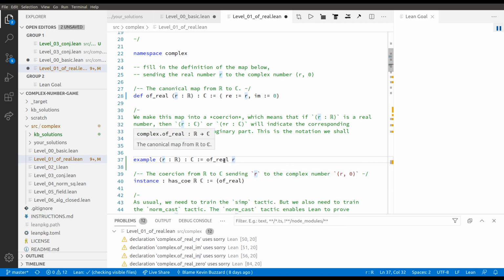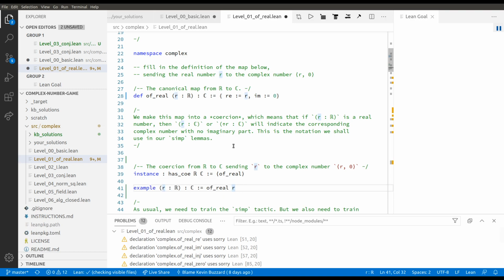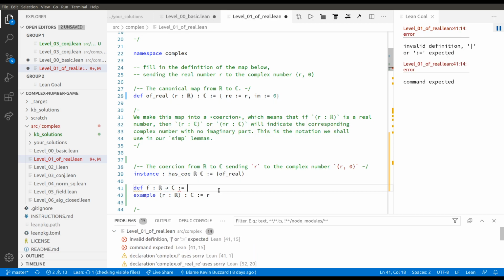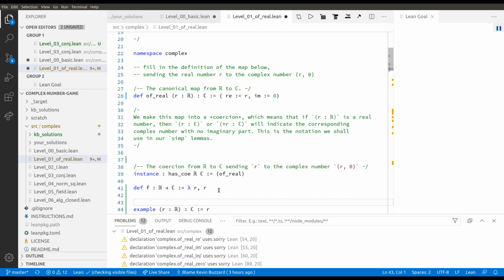So currently this map is visible, but after this line here, where I define ofReal to be the coercion from the reals to the complexes, I can move this down here, and now I can get rid of this. There. Now the map's become completely invisible, you see. And actually, here's what we could do. We could define a function from R to C to be the function that takes a real number and goes to r. And if I look at f,